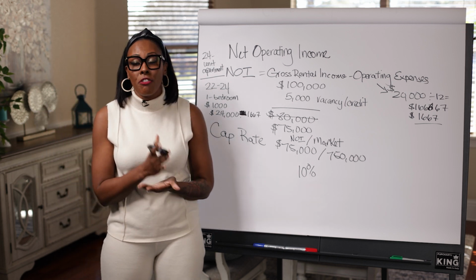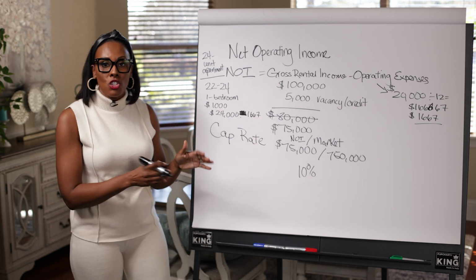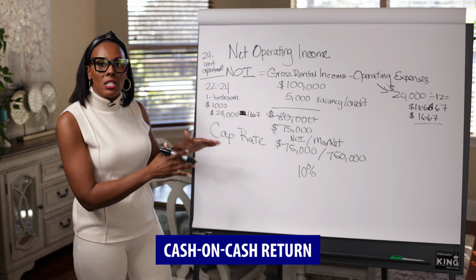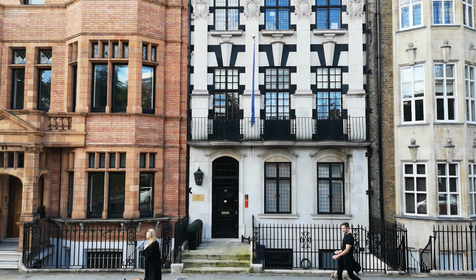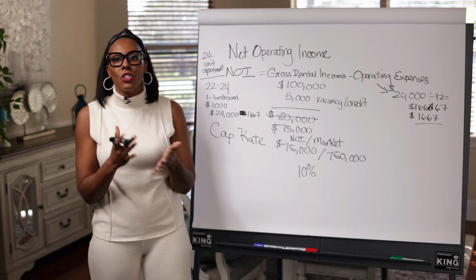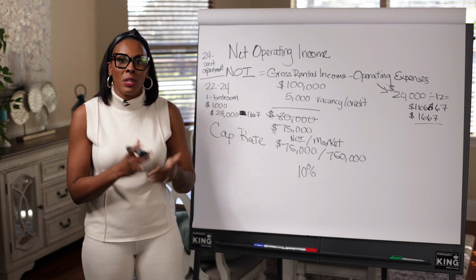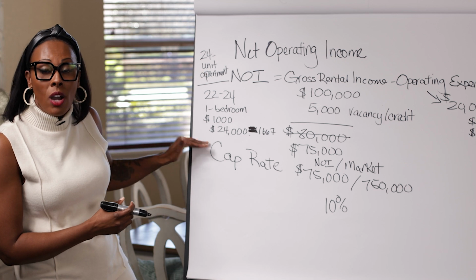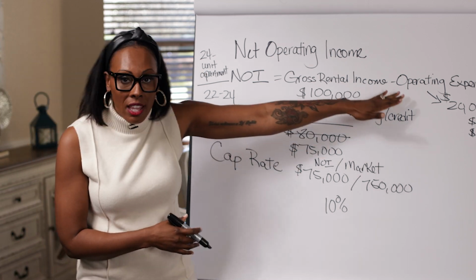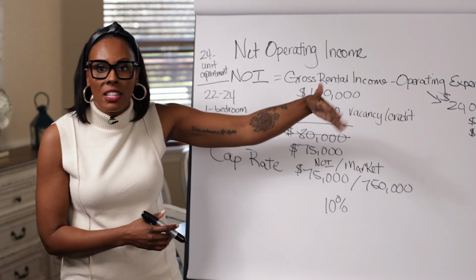And so that is actually a very important calculation. This is your cash on cash return, because again, when you are buying an asset like an apartment building that already has tenants in it, that's already making money, these are some of your best real estate investments, because as soon as you close and you own that property, all of the money is now coming to you. Yes, you have to maintain the property and you have the expenses and things like that.